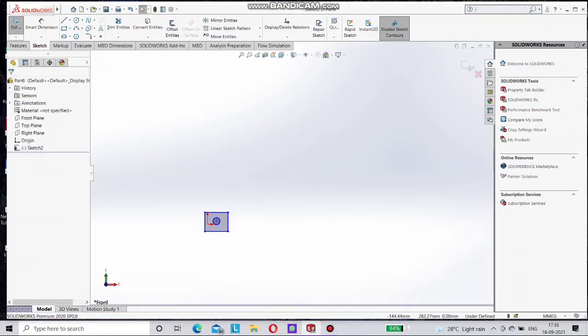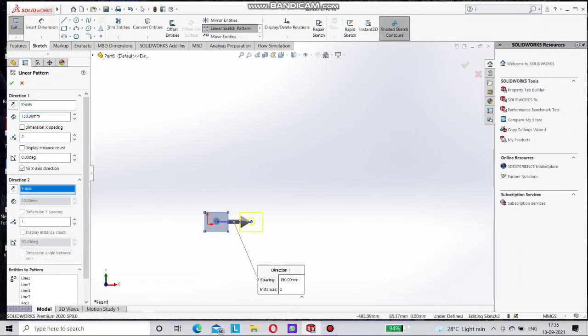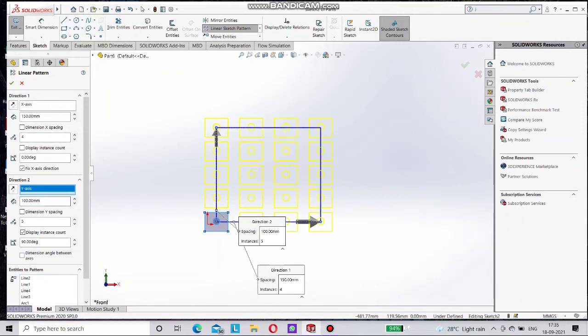It is a very simple process to make patterns. If you want to make it Y direction, you can make in Y direction. If you want X direction, you can draw in X direction. If you want both direction, you can also draw this pattern in both direction. You just have to put here number of patterns and length between these patterns. If you want to draw this pattern in angle, you can give it angle also. Like this, you just have to select here.